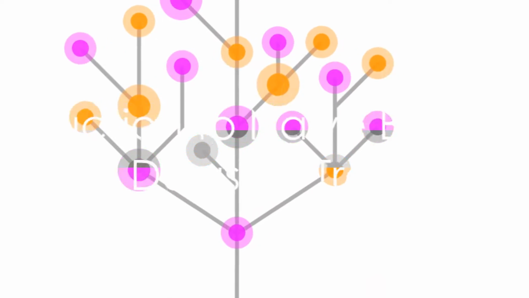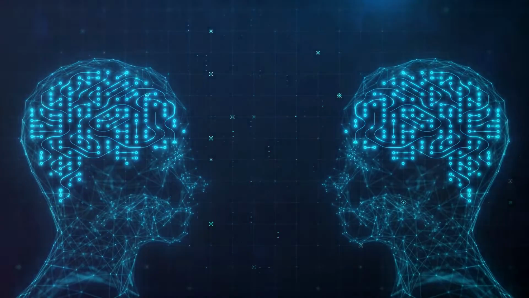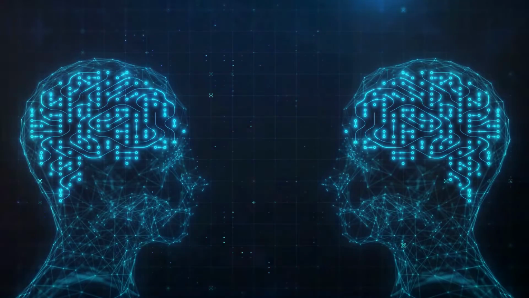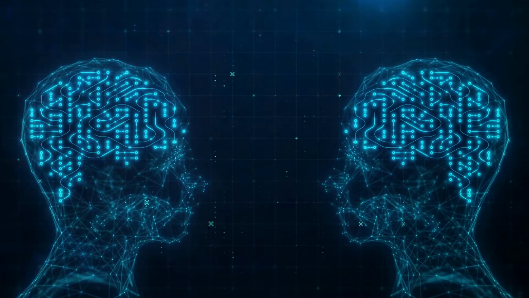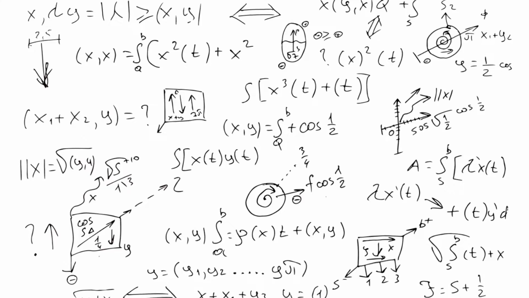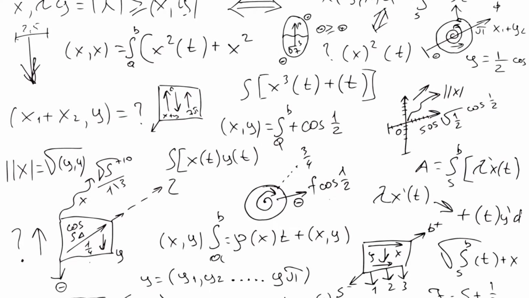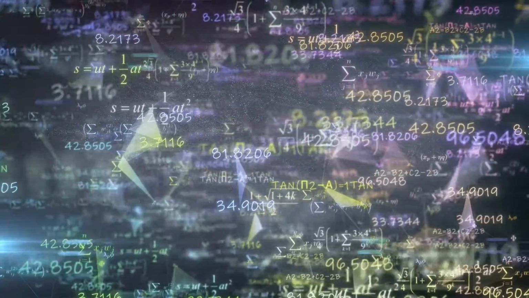Have you ever pondered the complexity of decision-making? How about the simplicity of probability? Today, we delve into the world of artificial intelligence and machine learning, exploring two fascinating techniques, naive Bayes and decision tree. Dive into the realm of naive Bayes first, an algorithm that takes its roots from a 200-year-old theorem by